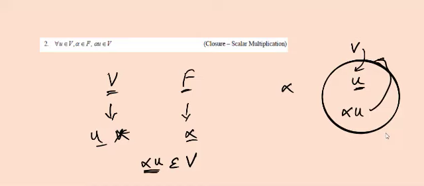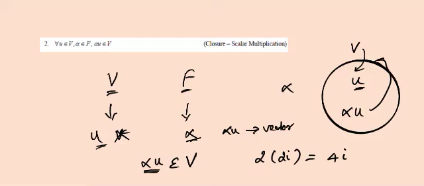Okay, make a note. In general, in lower classes we say a scalar is this and a vector is this, right? What will be the resultant? It is a vector. Keep in mind. So u is a vector, alpha is a scalar, which means alpha u will be a vector. That must belong to the same vector set we have taken for consideration. For every u, it should not miss for any one element.